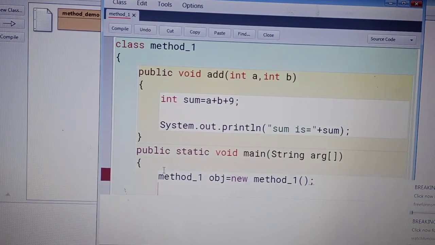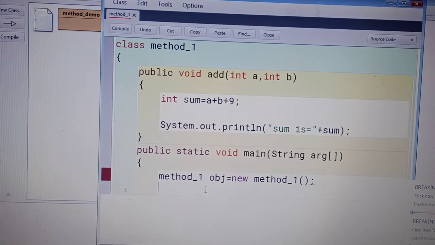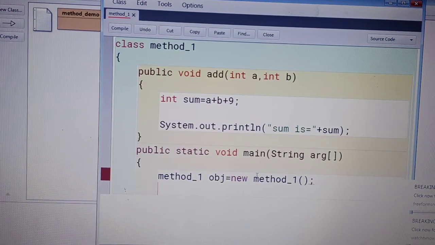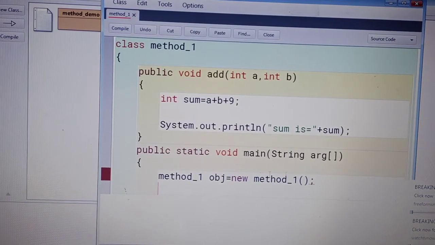Okay, the class name varies. If you are creating a class named sum, then here the class name is sum. So it's the syntax for creating an object: using class name, then object name is equals to new, then class name and function, semicolon.